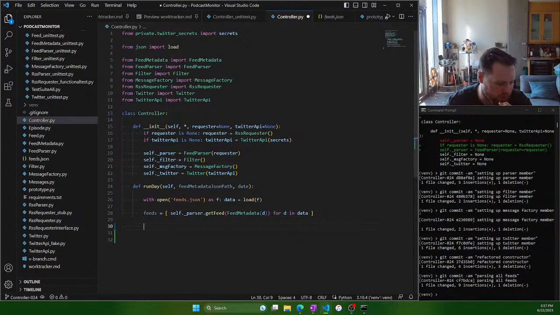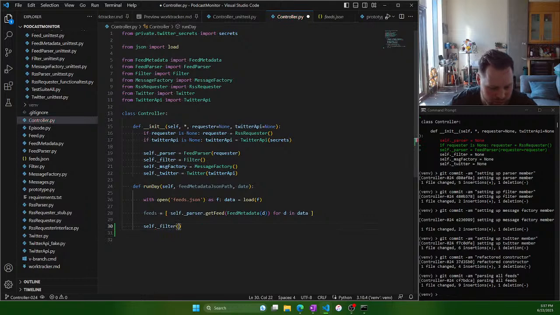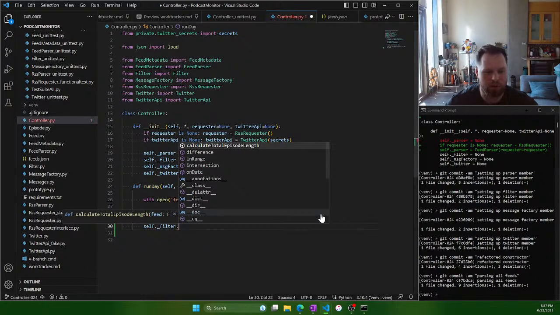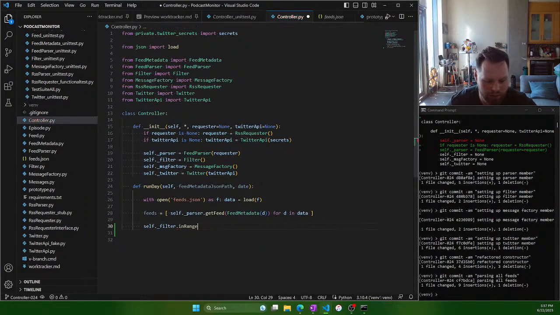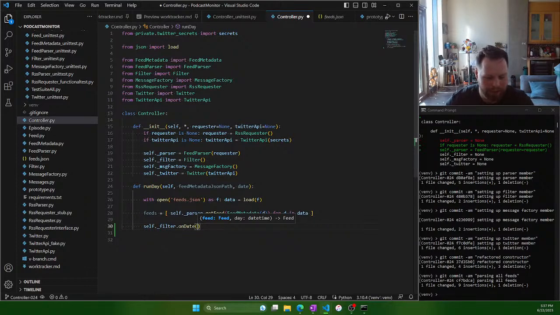So now what we need to do is filter them down to the specific day, right? So we're going to come in here and we want the filter. Is it in range, or is in range? On date is what I want. So I want on date, and then I need to give it a feed, and I need to give it